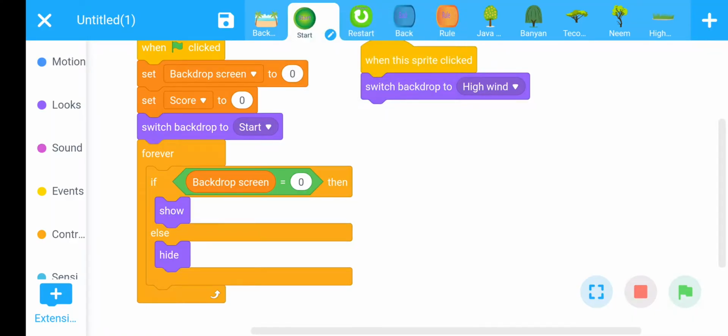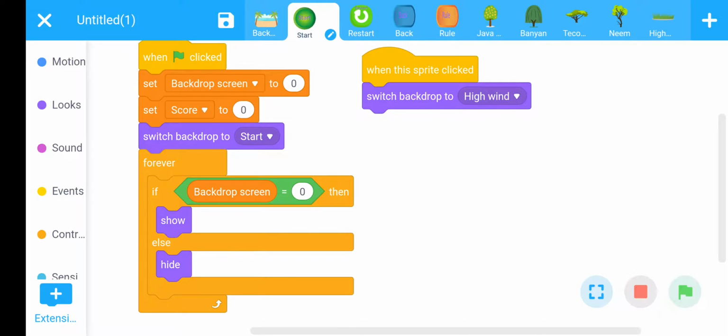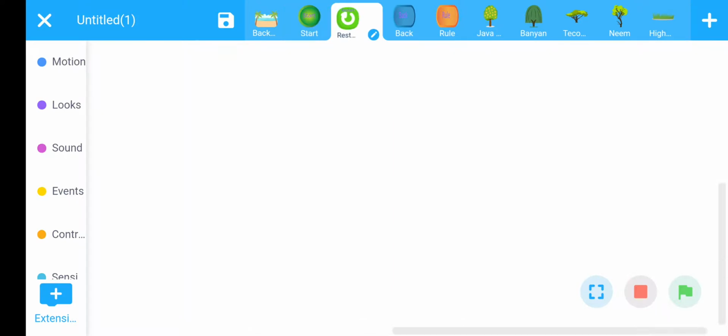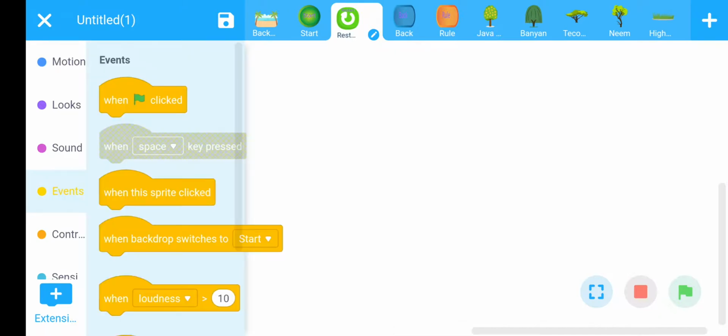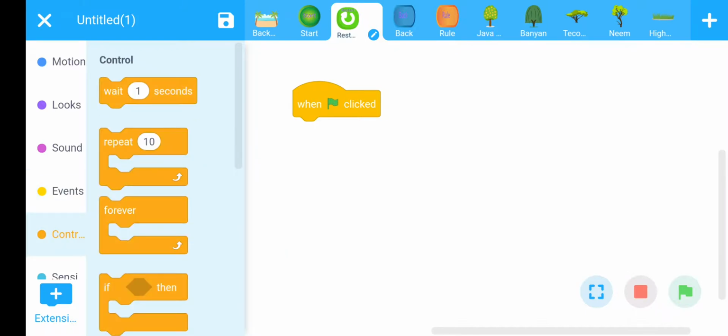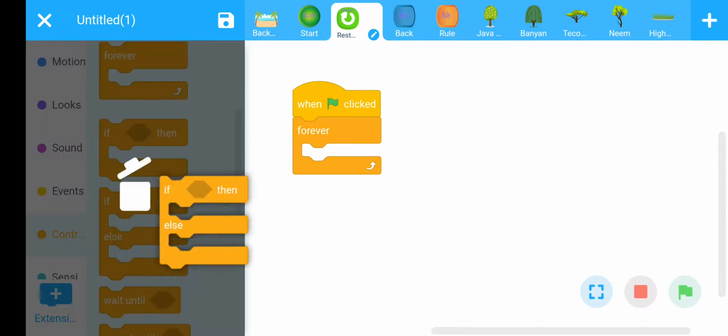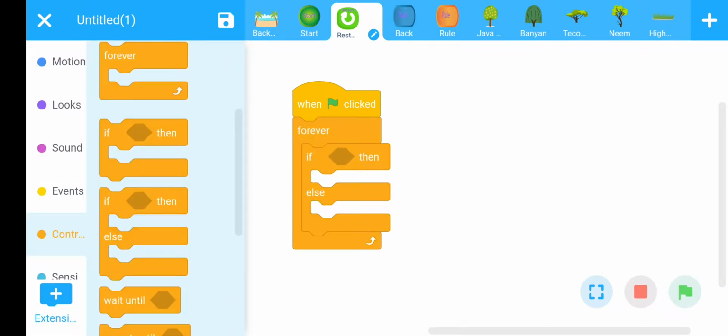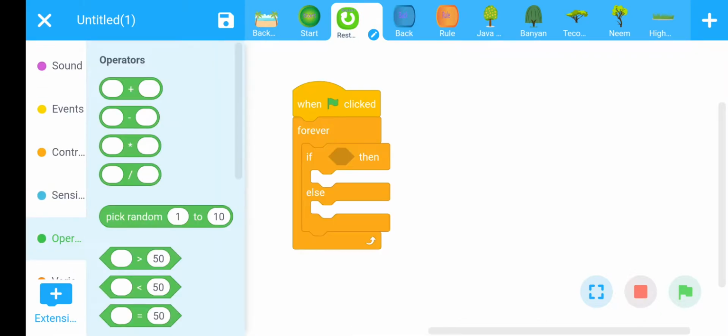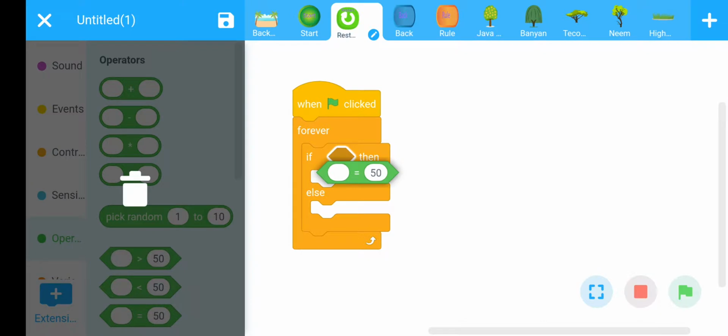Now start coding the restart button. Same, when flag clicked, Control section, forever, use the if then command, go to Operators, equality operator.